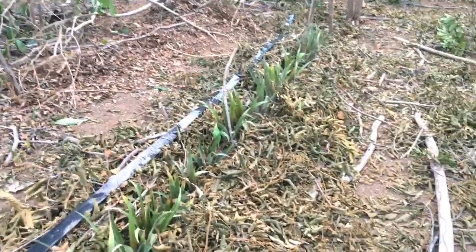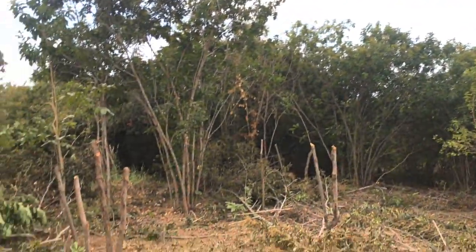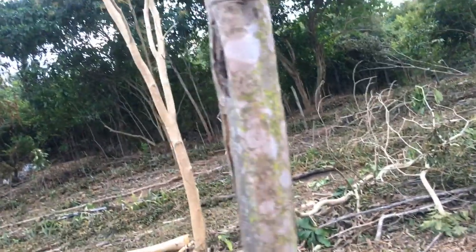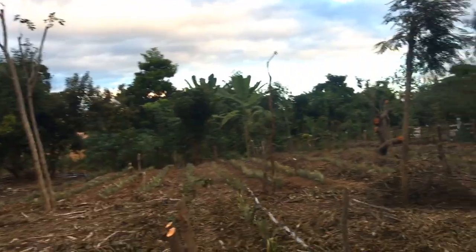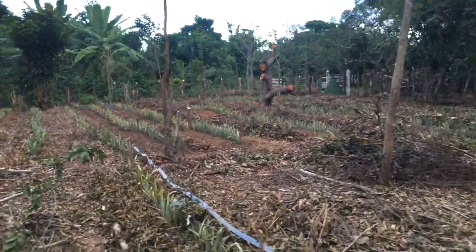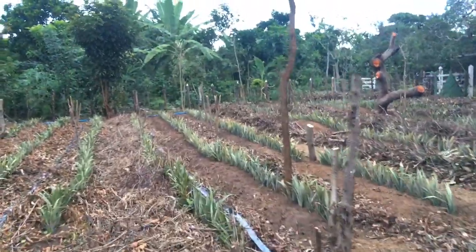So this is it. We're basically using the leftovers of the forest to feed the new forest that we're planting. And all these trees are going to resprout, and they're going to participate in the system and help us build better soil, a better ecosystem, and more abundance for us, more food,